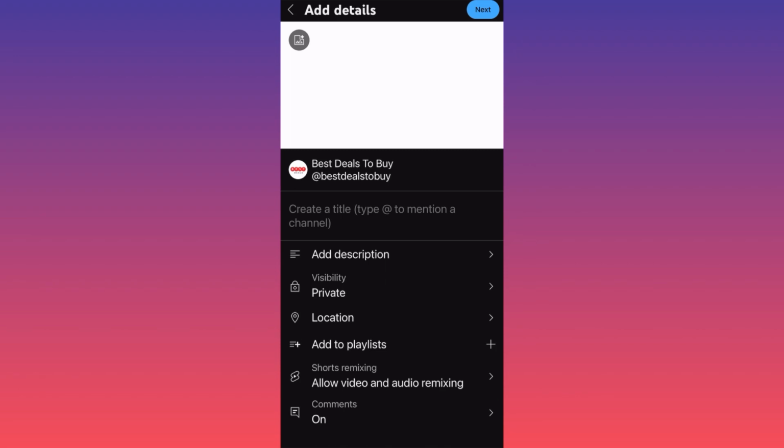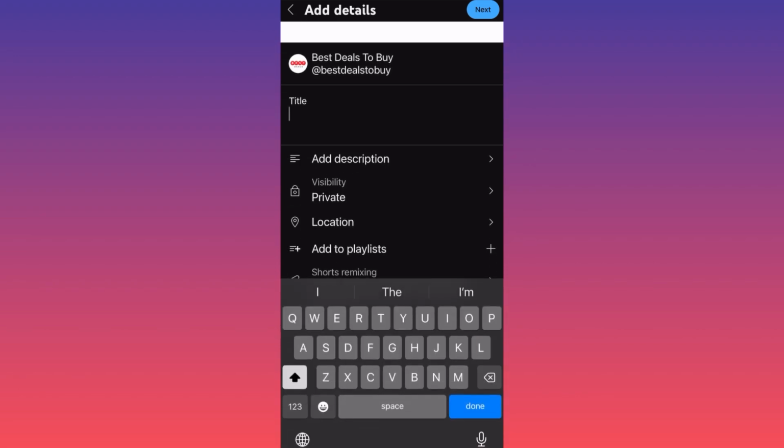Second step of course is to create our title. Usually depending on the niche, depending on the type of content you're creating, you want to focus on two types of titles. You want to be extremely niche down and in the title pretty much explain exactly what is going to happen,